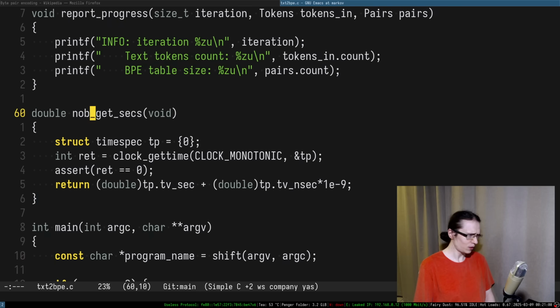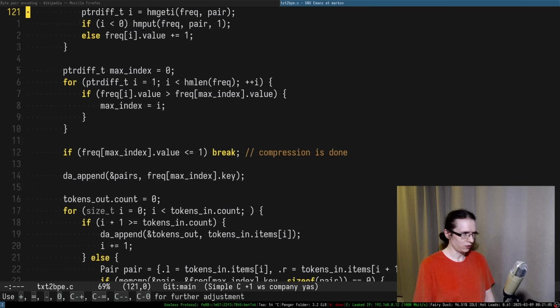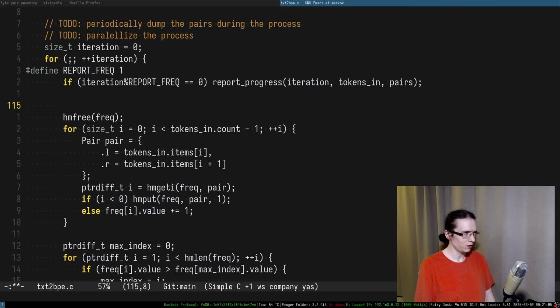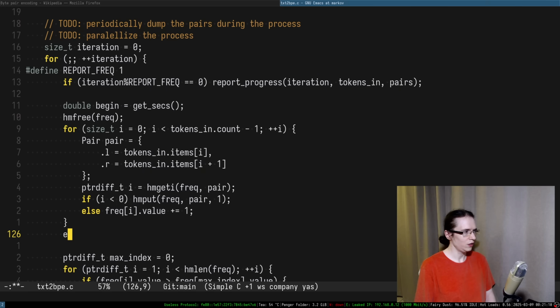So let's actually do get sex. Let's do get sex, chat. Let's do get sex. So this is going to be double begin, get sex. Then in here, what I'm going to do is get sex minus begin, and I need to print the amount of seconds. So this is going to be a %lf because it's a double, and we can just print the entirety of it. So I'm going to say sex, and in here, collecting